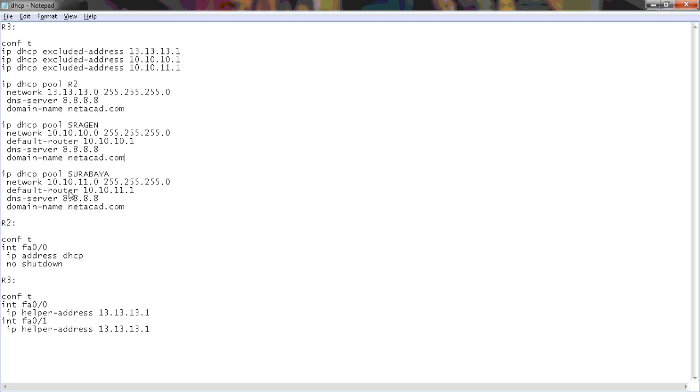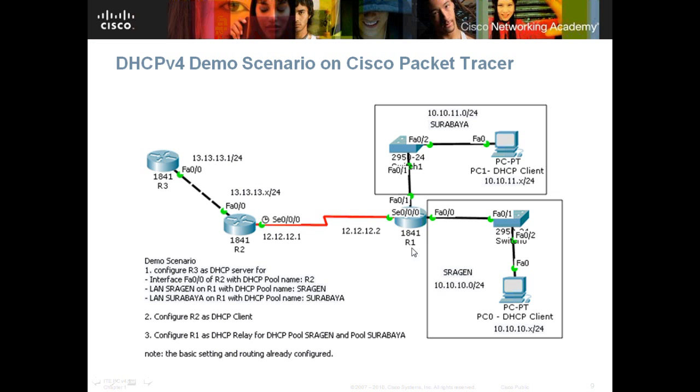The default router, the default gateway, is 10.10.11.1, and the DNS server and domain name are optional. So pool Sragen is for this network, and pool Surabaya is for this network.